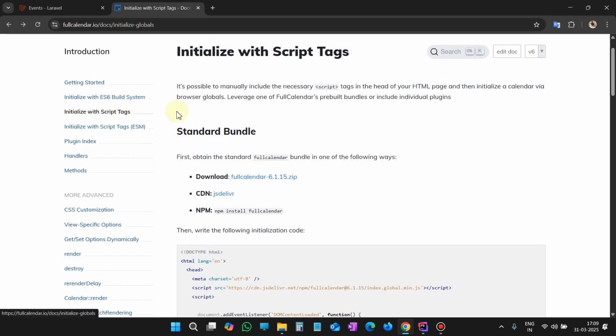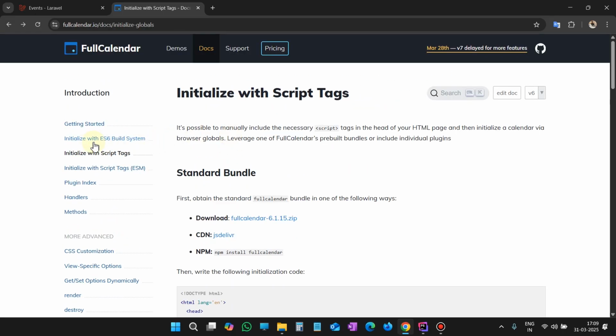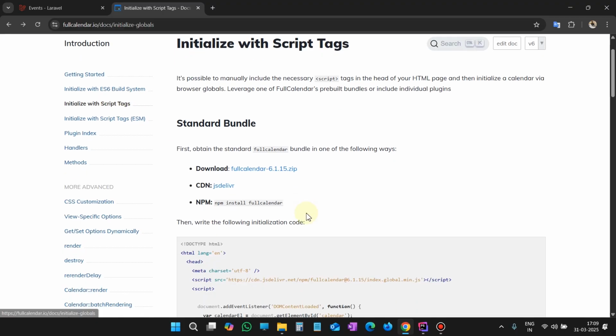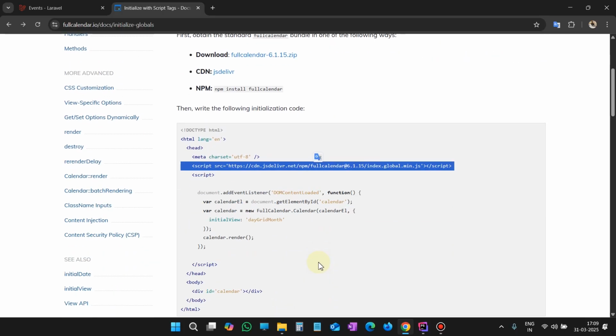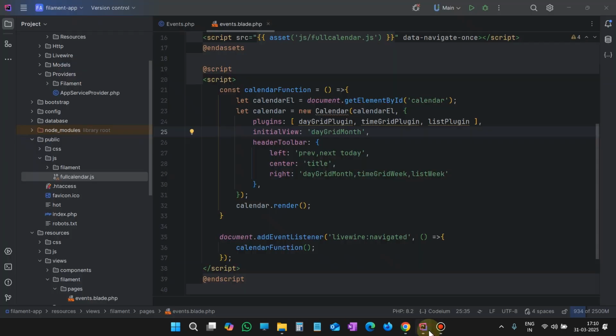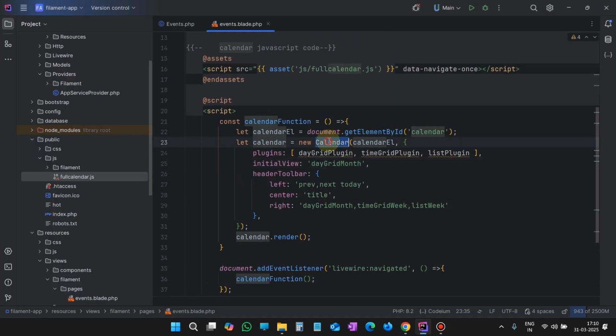In initialize with script tags, I know we have copied this code from initialize with ES6 build system, but as we have included the file at the top, this JavaScript file, we have to use this method. And here we have new FullCalendar.calendar. Let me highlight it. And here we are using new calendar. Let me just correct it. FullCalendar.calendar. And now save the file